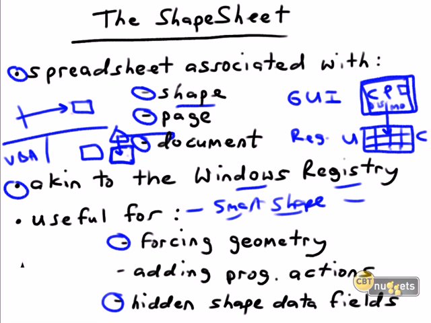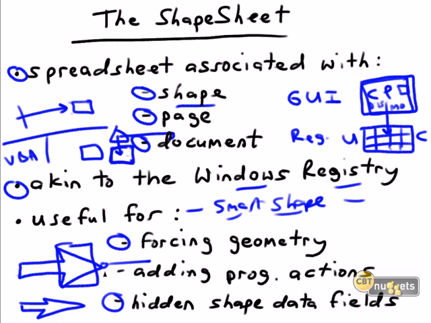Other uses for Smart Shapes are forcing geometry. A classic problem that we have with these shapes is something like this. We might bring out an arrow shape, and then when we use a control point to stretch the arrow, we find that the entire shape gets stretched, including the arrowhead. Well, with a couple clicks of the mouse and keyboard, you can constrain the proportions on the shape such that when you resize this arrow, the head remains at the same geometrical level, if that makes sense.